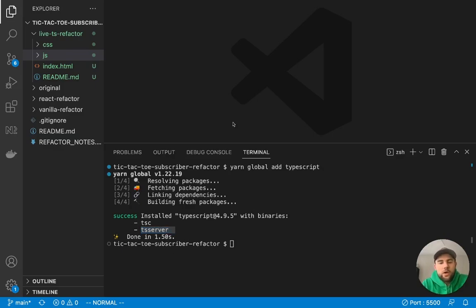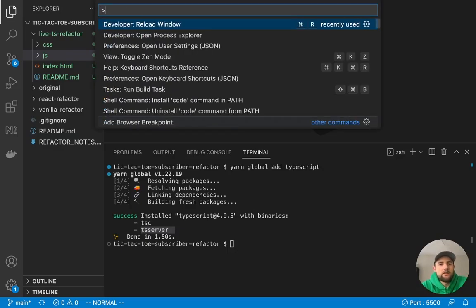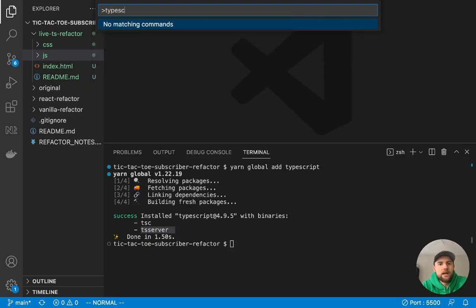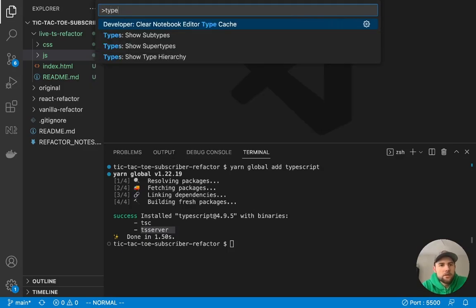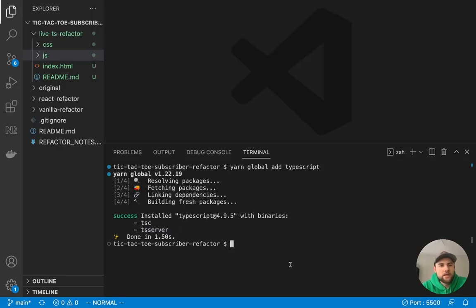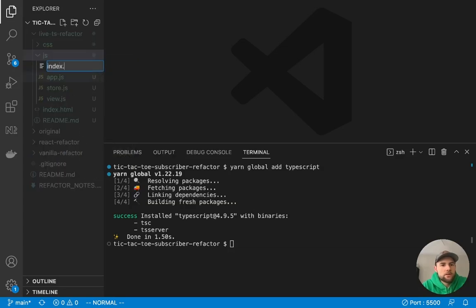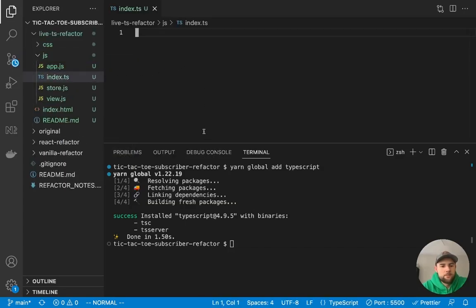Now Visual Studio Code I believe comes with this server, so if you hit Command P and you hit the little caret and then type TypeScript, let's see. It's not going to show up quite yet because we don't have a TypeScript file open. So let's just try something here. Okay, so we've created a TS file and I've added a basic type just to fill something up.